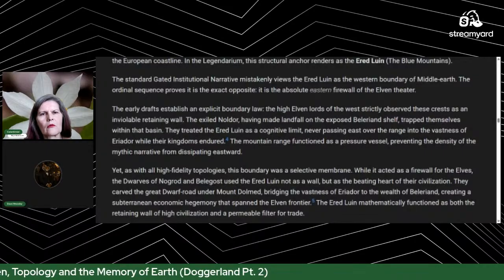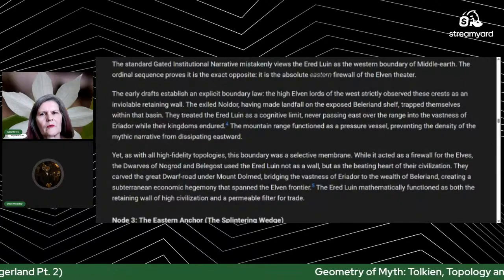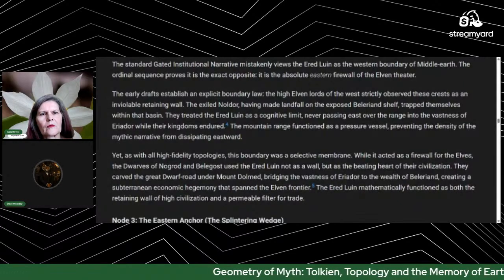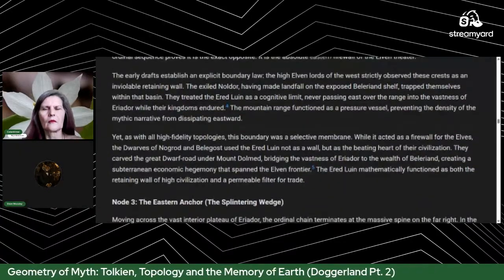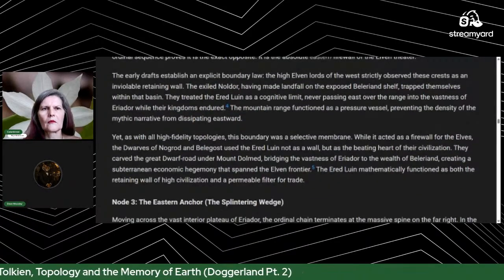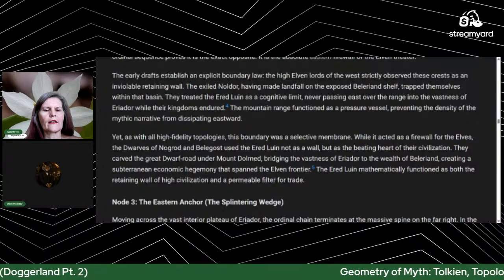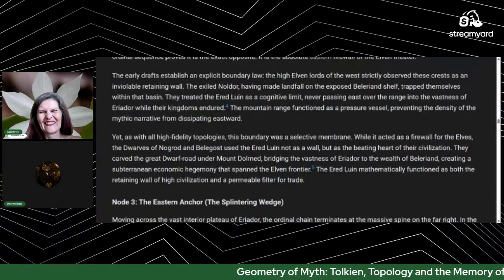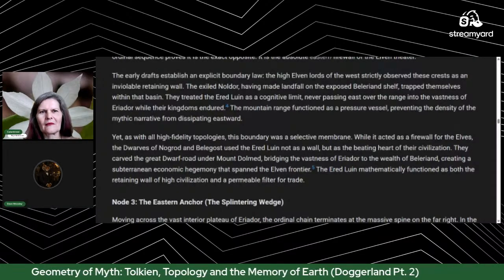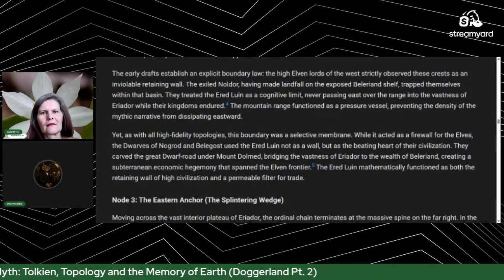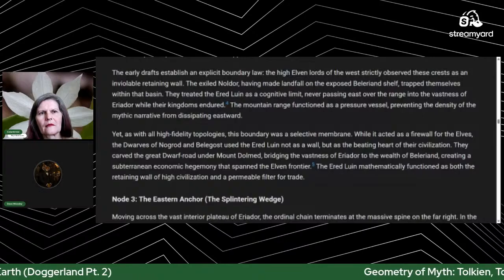The early drafts established an explicit boundary law. The High Elven lords of the West strictly observed these crests as an inviolable retaining wall. The exiled Noldor, that is, the exiles from Valinor, having made landfall on the exposed Beleriand shelf, trapped themselves within that basin. They treated the Ered Luin as a cognitive limit, never passing east over the ridge into the vastness of Eriador